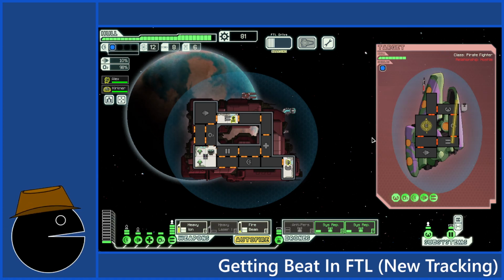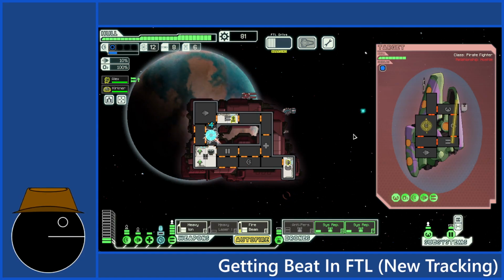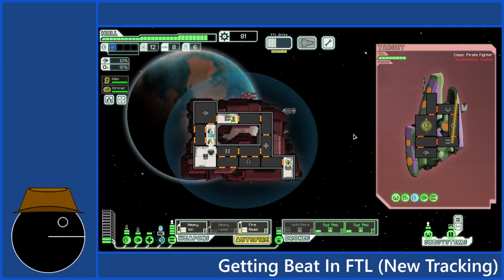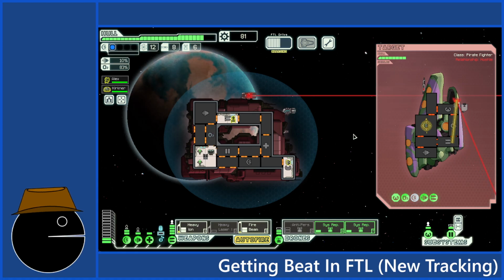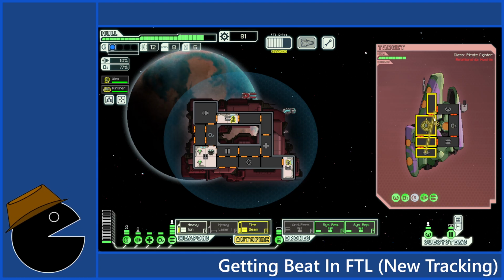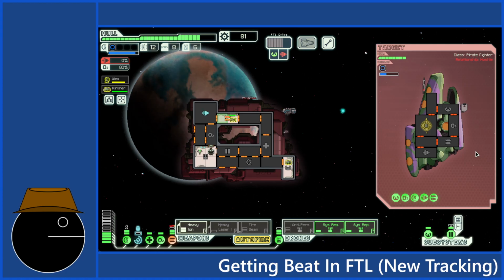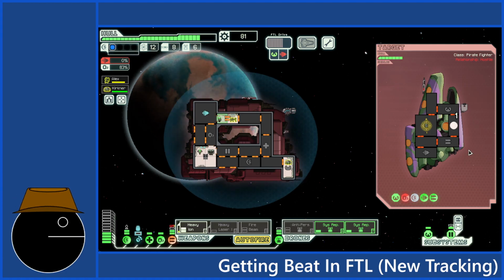So the first fire didn't work, but that is to be expected. There we go. Second fire did work. Alright. Hit you as well. Alright, oxygen and cockpit out of the fight.